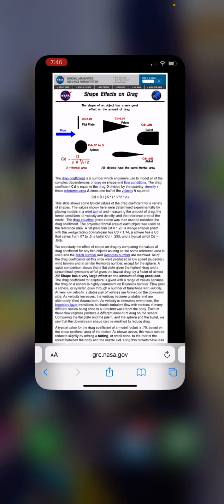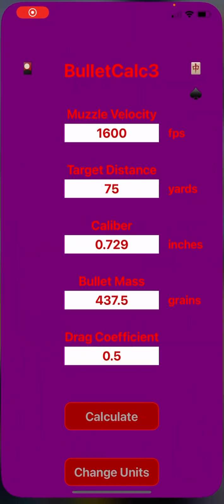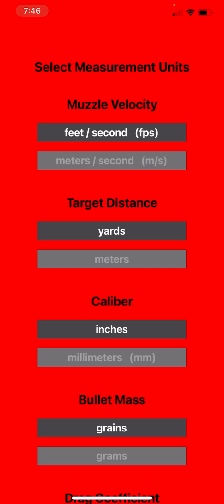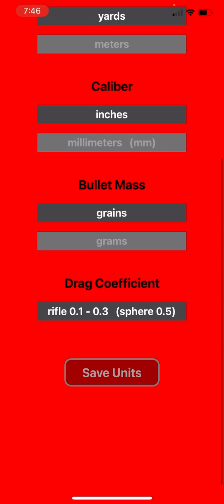If we went back into our program, what we can see here is, if I press change units, that information is right here under drag coefficient. For a lot of publications, they'll say the coefficient of drag should be 0.1 to 0.3 for a rifle, and for a sphere 0.5. But the thing to remember about this is